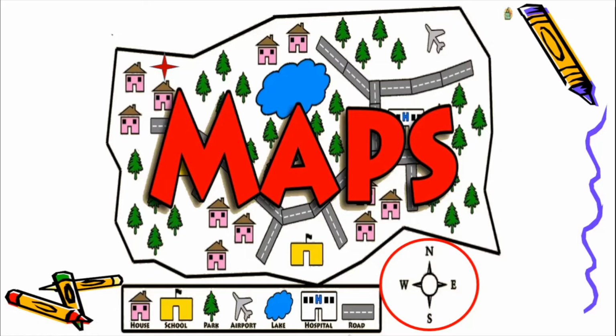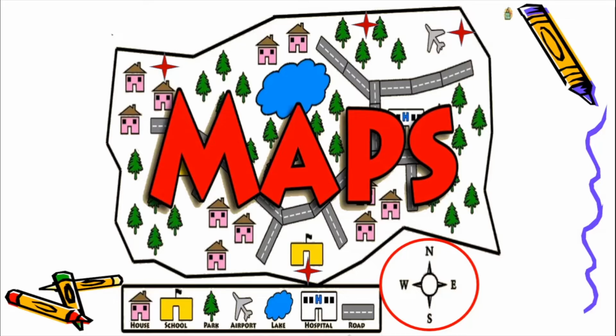Okay, along with houses you also have a school. Can you see the star coming up, the red star? So that is a school. So that is a symbol for a school. Okay, then you have a symbol for a park in this manner. Now there are so many parks on this particular map, so this place is a very good place to live in, isn't it? Along with the park, or along with so many parks, you also have an airport in this place. So wherever this map is from, you have an airport also there.